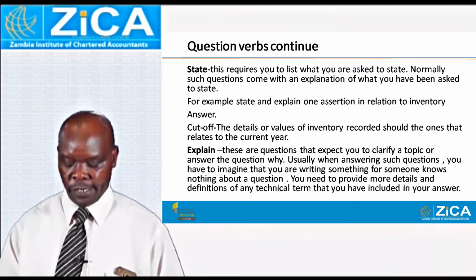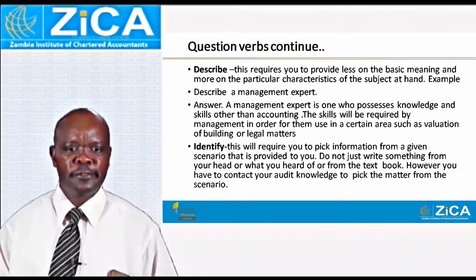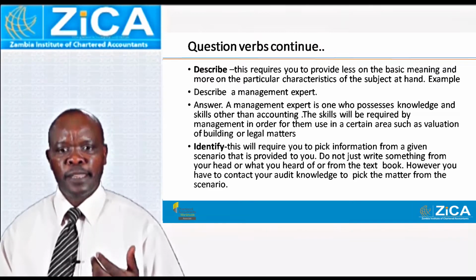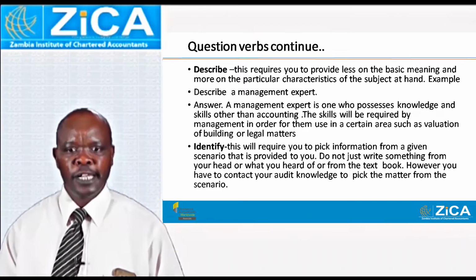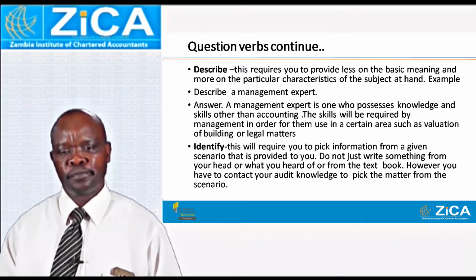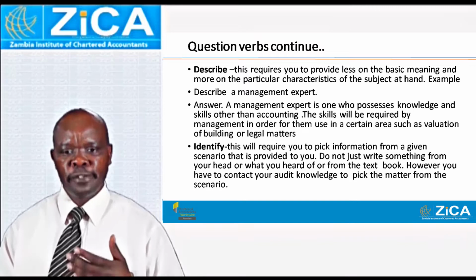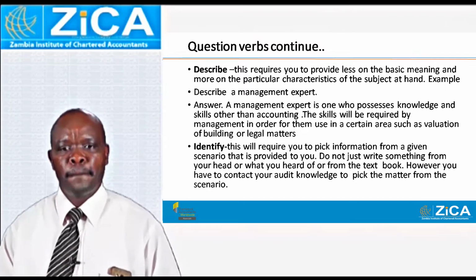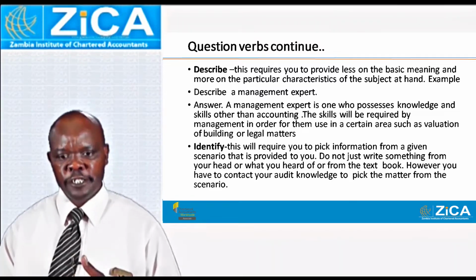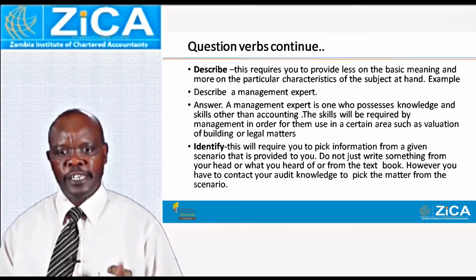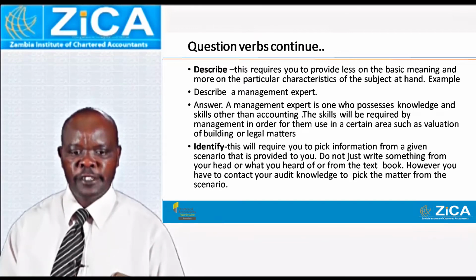And then questions like describe, a description should be one that gives the actual characteristics of a particular item that you're asked to describe. A description does not give reasons. But you find that most people, when they are told to describe, will start explaining the reasons behind the statements that have been given. For instance, if it says describe a management expert, we expect you to bring out the roles of this particular expert, and at the end of the day, someone should be able to appreciate that you've actually left an impression of what work the expert does.